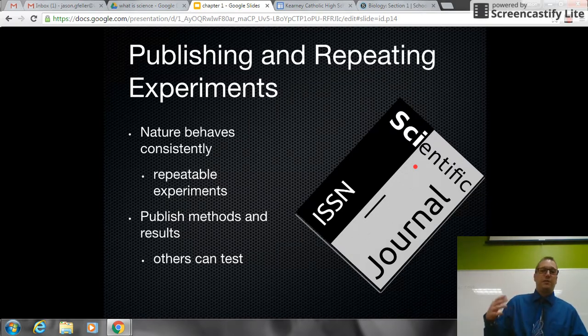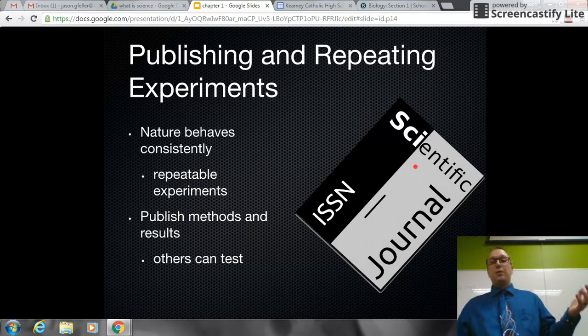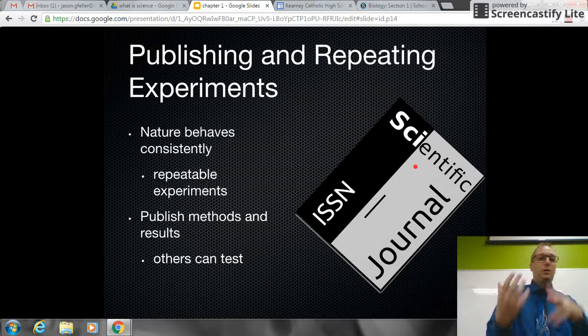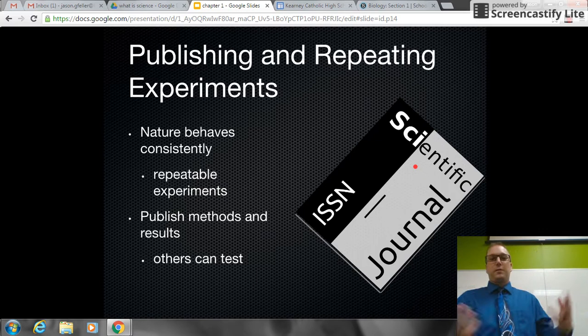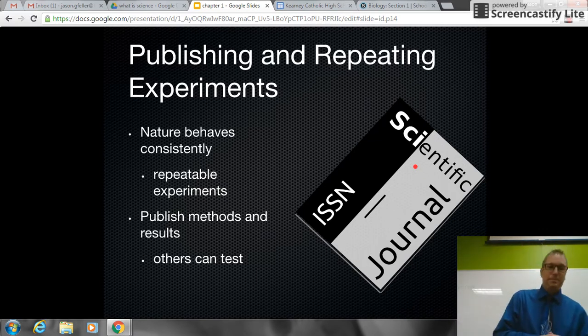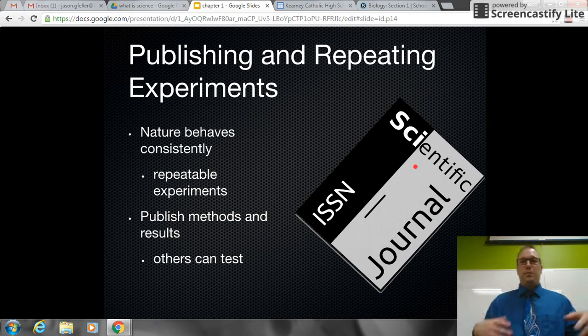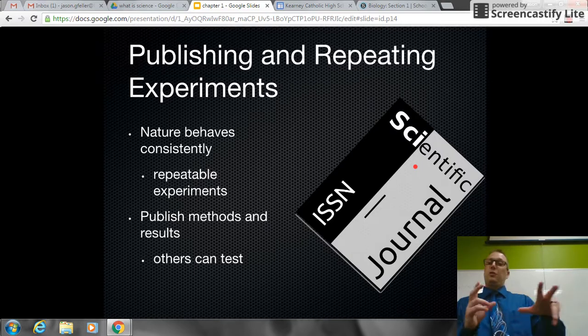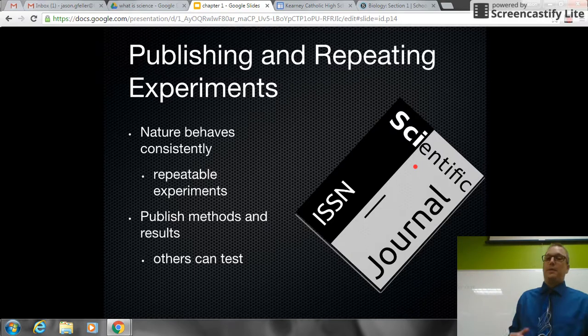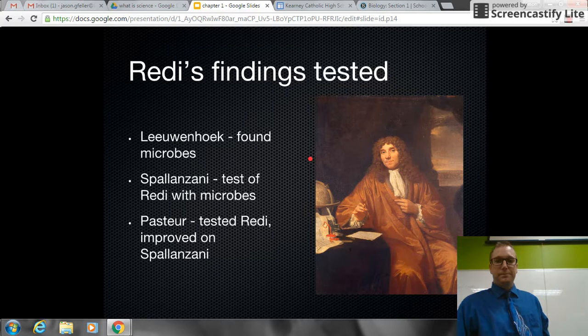If the other scientists can find things wrong with it, they might send it back for you to redo, to tweak some things, fix some things, and then publish it. Okay? This also allows other scientists to test it. Once you publish it, if somebody doesn't quite believe you, they can do it again. Okay? Or if they think some other result might happen if you change one of these small variables, then they can test that. All right,